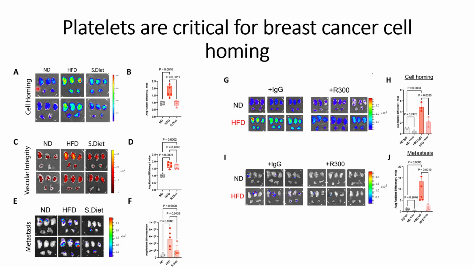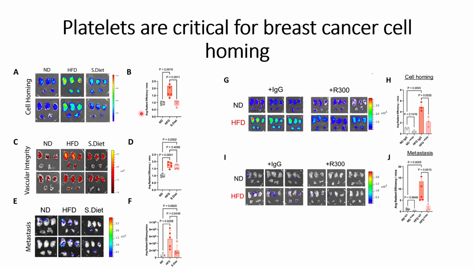In the normal diet, they cannot see too much cell homing, and when they use the high fat diet conditions in mice with tumor injections, they can see cell homing significantly in both cases. However, when they switch the diet of the mice to the normal diet, they can see some reverse effect of this cell homing, and they have quantified these things in panel B, where we can clearly see